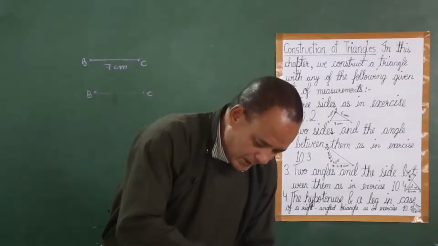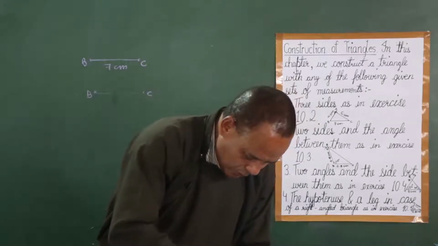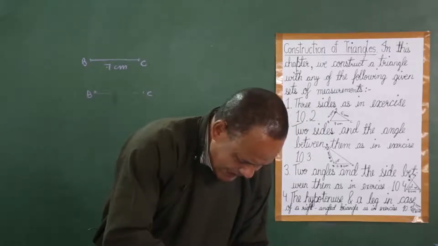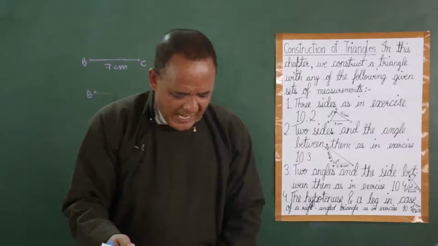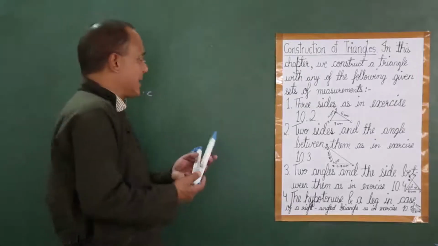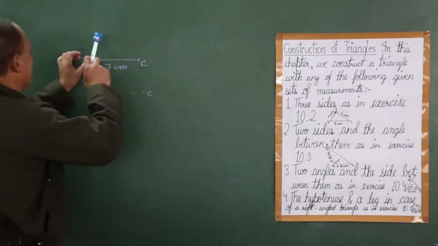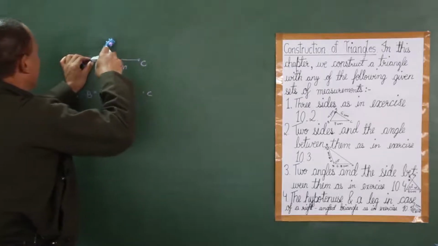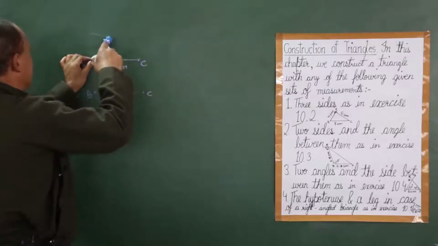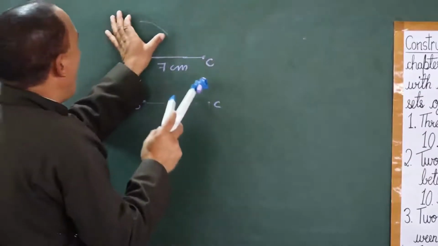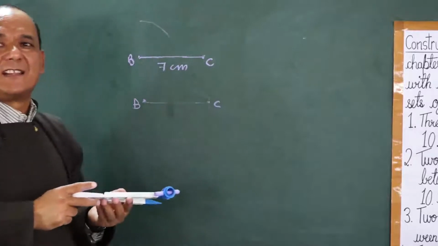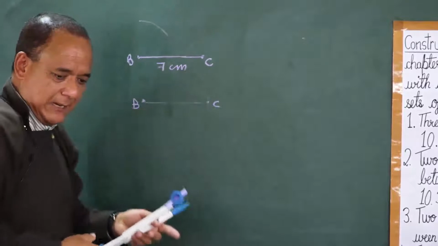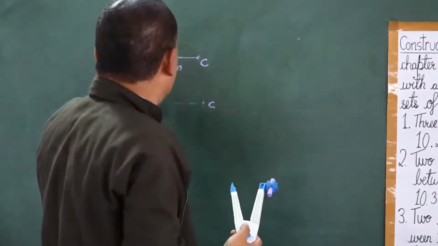First you put the pointer of the compass at the 0 mark of the ruler, and then you put your pencil point at the 4 centimeter mark. Once you do that, this is how big it should be. There is nothing specific. You can make it this much, or this much, or that much. Now, once you did that, AB is done.